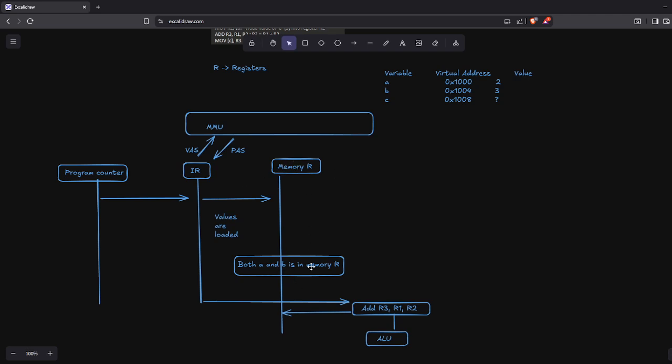And initially both A and B are in memory registers, and after that it is passed on to the ALU by the IR, because the IR has the instruction to add them up. And after the ALU adds them up, C will store 5. Okay, so this is in the memory. So initially R3 will store 5. Okay, so once R3 stores 5,